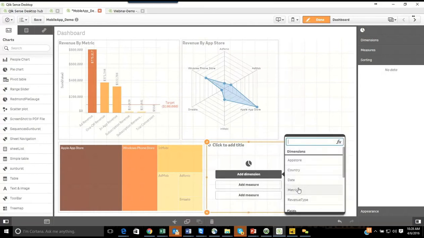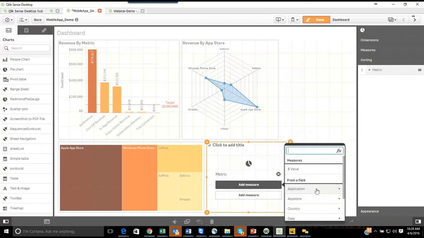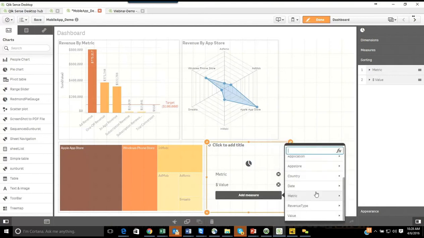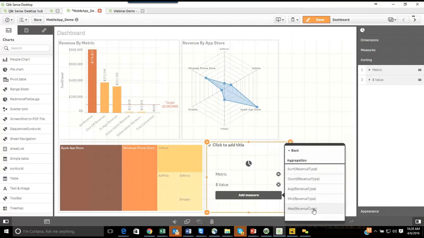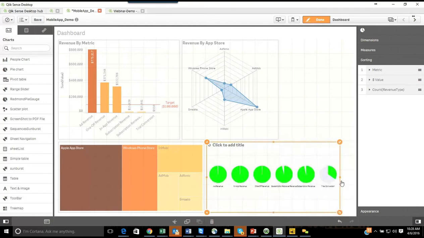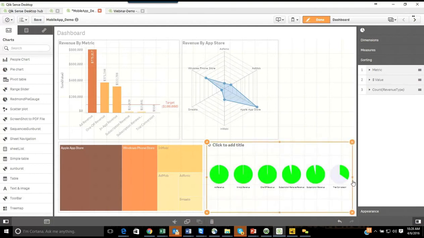We're going to add dimension as metric here. We're going to add measure as dollar value. And we're going to add another measure for the revenue type. So this is a different kind of chart, as you can see here, which provides you how the count and the target values are really being calculated using